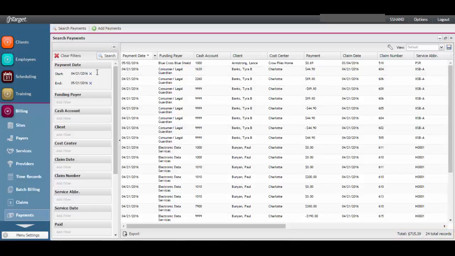What you will see in the grid is the payment date of the claim, who the funding payer was or who paid the claim, the cash account, which represents the general ledger account the payment was posted to, often very helpful for distinguishing write-offs, which are considered a form of payment since it relieves the receivables, the client, the cost center the billing was assigned to, the payment amount, claim date, OnTarget assigned claim number, the service,